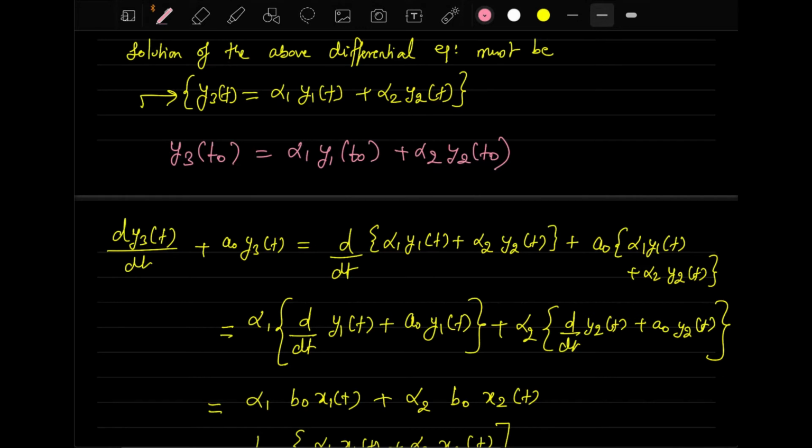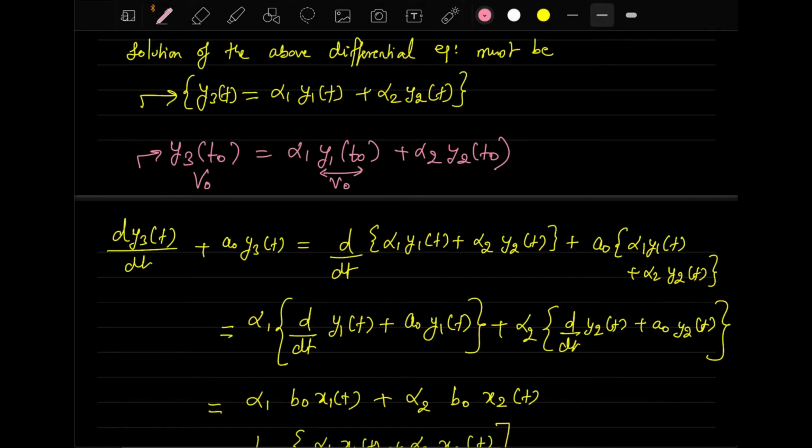From the circuit theory point of view, you might know that if the capacitor is initially charged with some voltage, then all the transients, or all the changes that will happen on the voltage of the capacitor, will start off from V0. It will not start from 0, because the capacitor is initially charged to V0. So the charging or the discharging of the capacitor will happen from V0, and not from any other point. So your y3 will also start from V0, and your y1(t) will also start from V0.